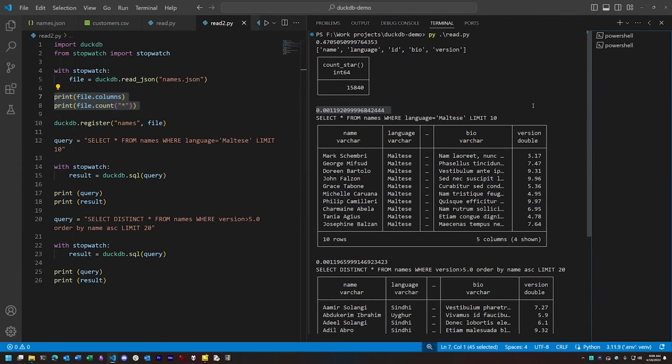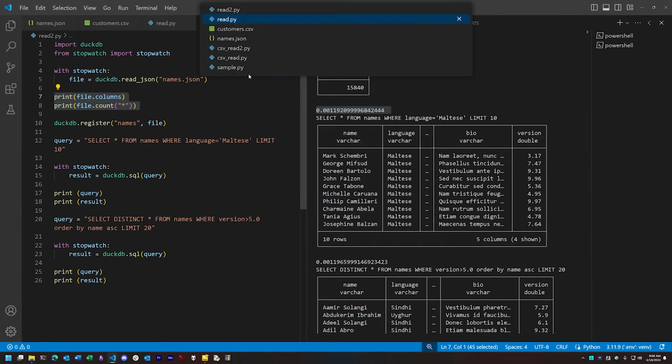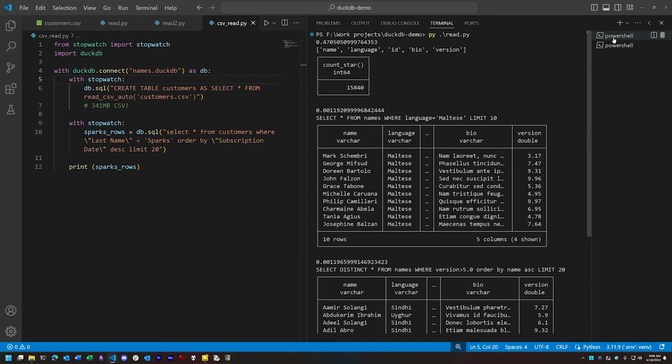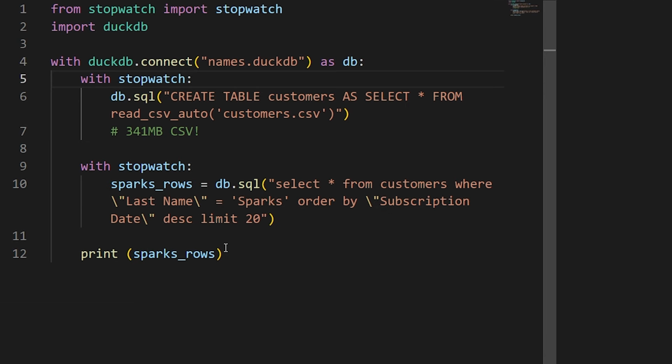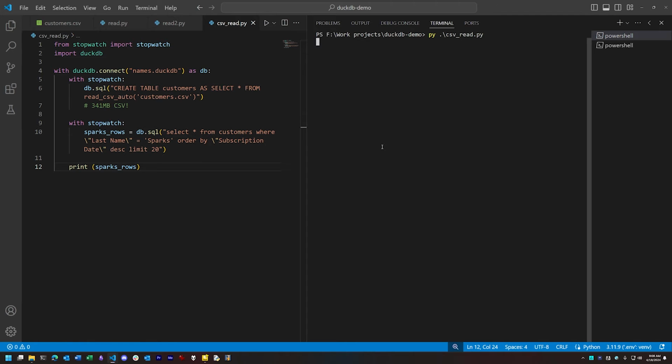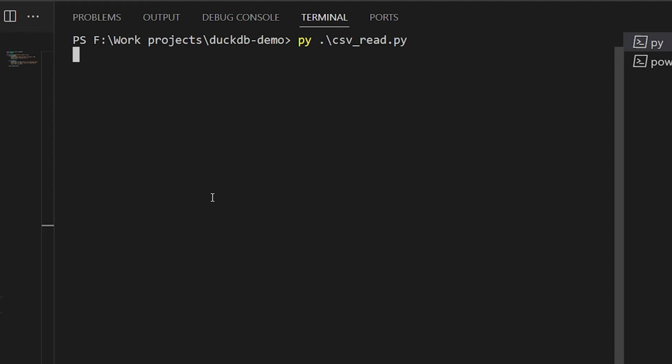The same goes for this other example. This one loads data from a CSV file, and it's that monster CSV I was talking about earlier, 341 megs. And in my first example for it, I load in the same database file under a different table name, and I perform a query on this data. So if we run this, you will see the process of ingesting the file and adding it to our on-disk database is quite long. The actual querying is quite snappy.